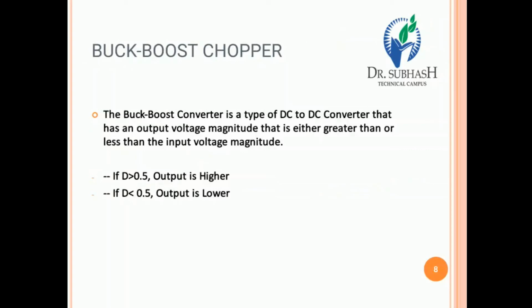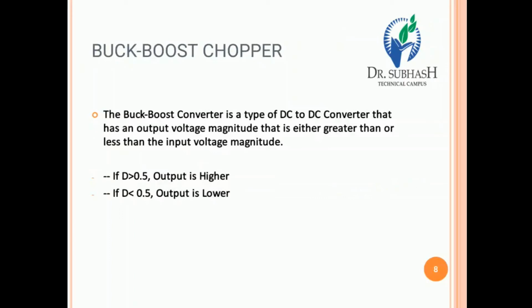So in case of the buck converter, otherwise step down chopper, the output voltage is smaller than the input voltage, so that type of chopper circuit is known as a step down chopper. If the output voltage is greater than the input voltage, it is known as a boost chopper circuit. So now it is a combination of both buck as well as boost,